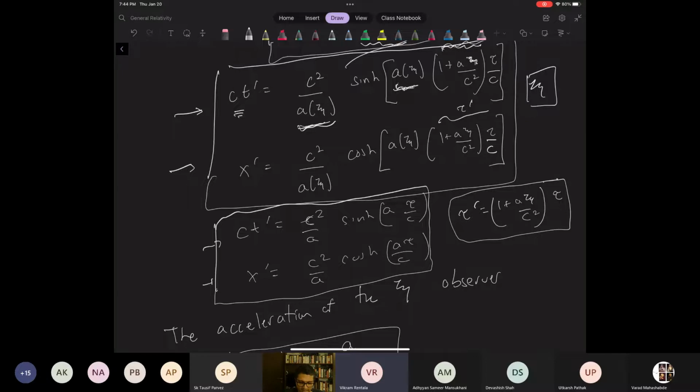The only difference is the acceleration is A over 1 plus A xi over C square, and the proper time for the xith observer